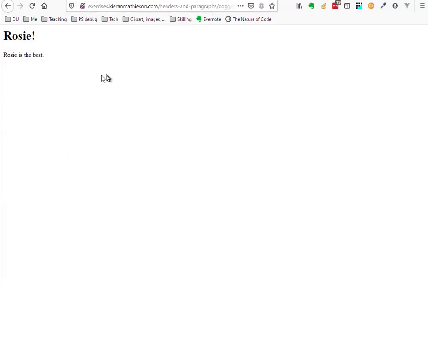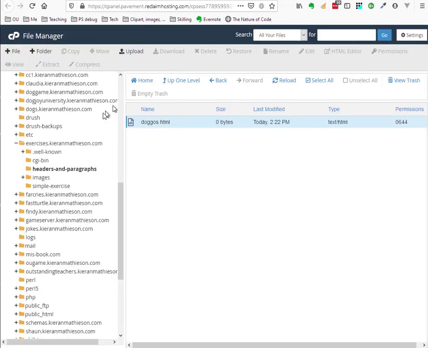Okay, might as well save that. There it is. And so there's that file. So exercises.kieranmatheson.com, headers and paragraphs, doggos. If I want to look at the source code for this, Control-U will show me the actual code for that, so I can inspect it. Okay, that's fine. Now let me go back here, and let's do another